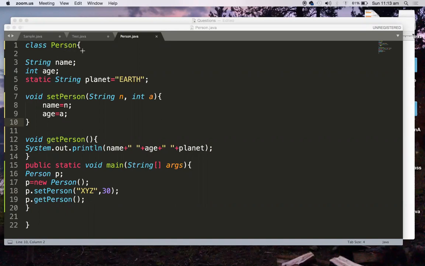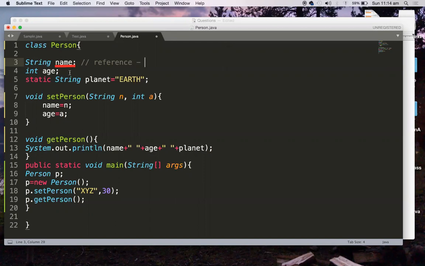So this is a class, right? So in the class, name is a variable which is declared, which is of type String. Age is a variable which is declared, which is of type integer, right? So this particular name, what kind of variable is this? Because name is of type String, it is a reference variable, right?